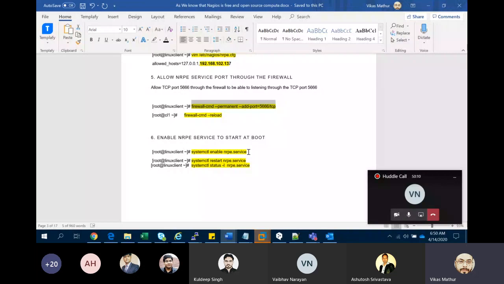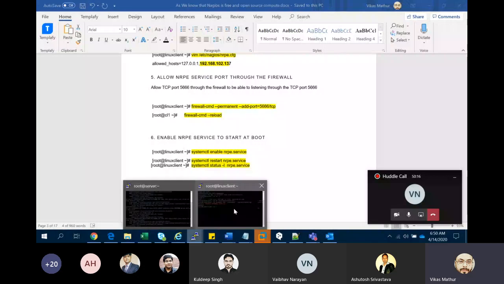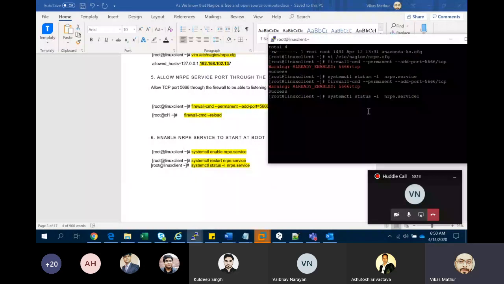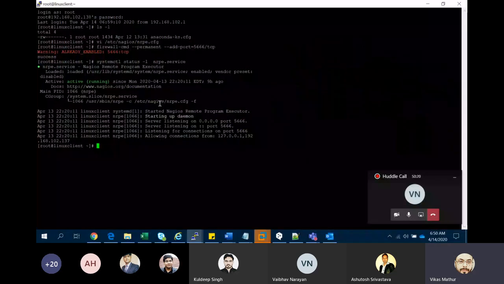If I check the status of this service, you can see it is running. You can easily check the PID.